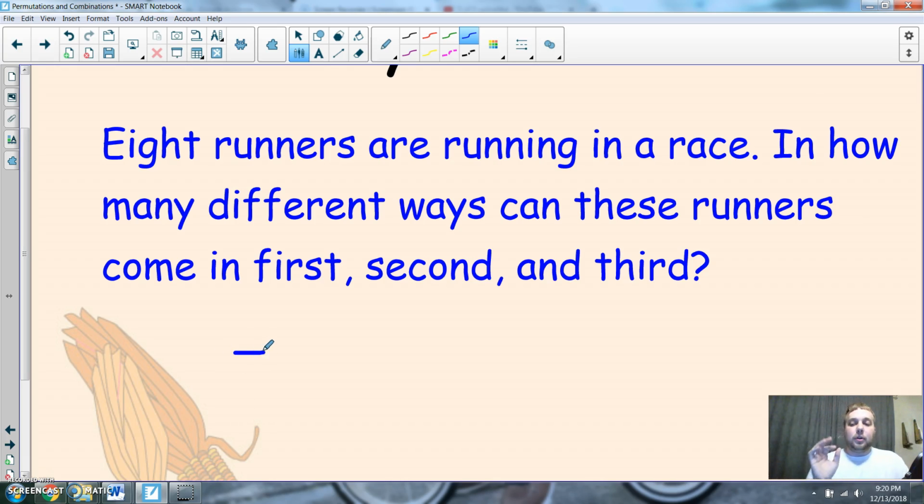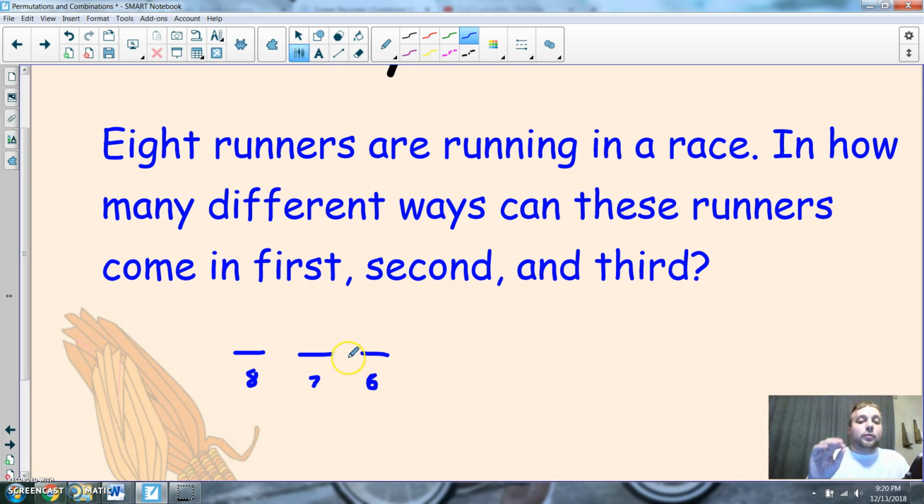Well, how many different people could we have come in first? 8, right? How many different people can come in second then? Once we find our first place, there's only 7 people left. And third place, there's only 6 people left. Okay, now here's the cool part. With this, not just saying how many different ways can all 8 runners be rearranged,